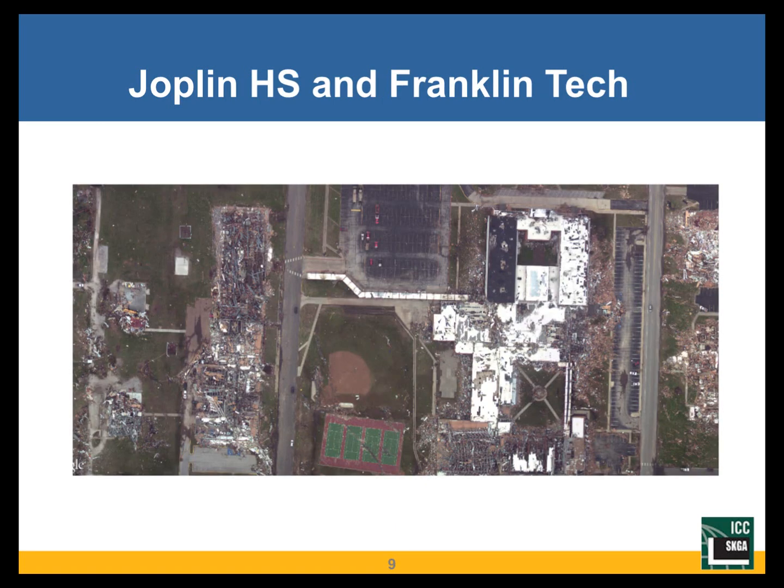This is an important picture because this is the high school in Joplin. And events like these are why we now have safe room criteria in the codes. What was important on this day is that graduation ceremonies were taking place right before the storm hit. This year they were hosted at a local college just outside of town to the east, so a large population was at that location. In the past, it was held at the high school,